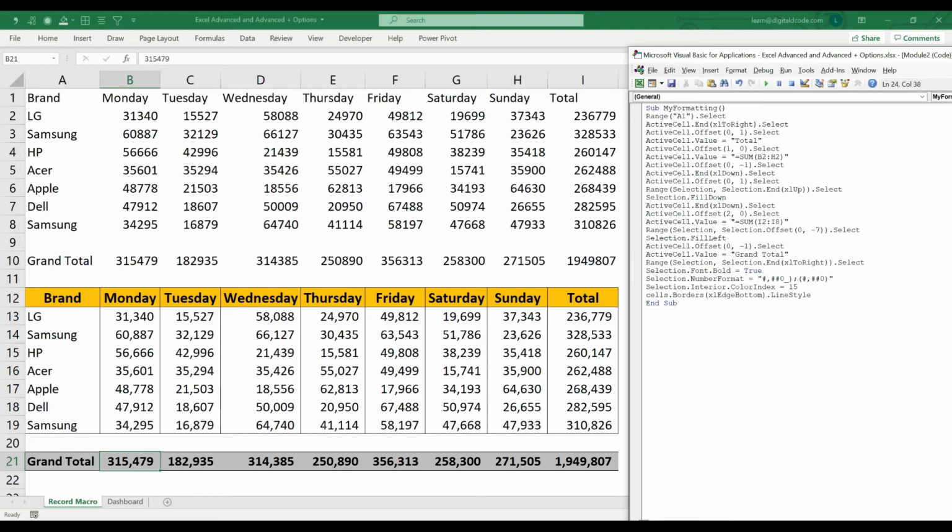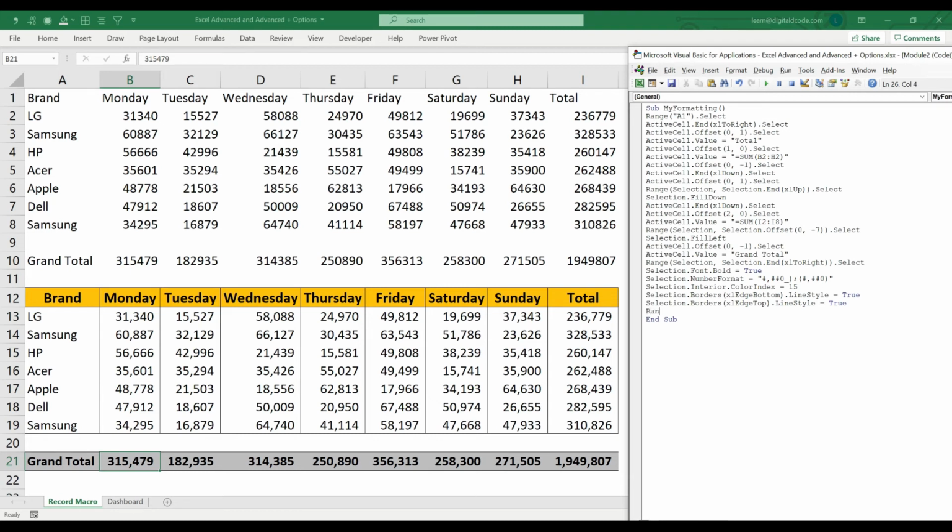Line style equal true. Also I want border in the top. So border also given. So this part is done.